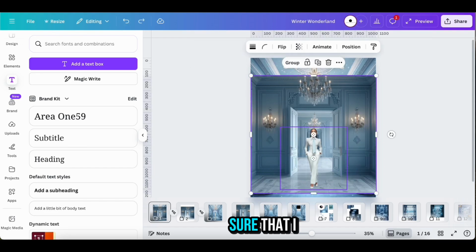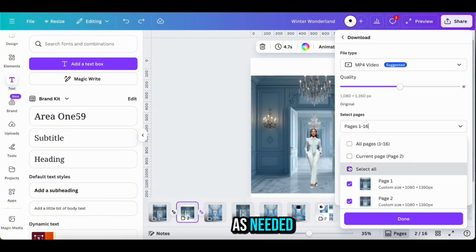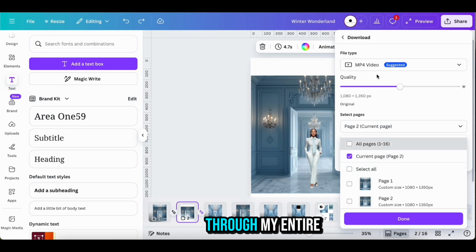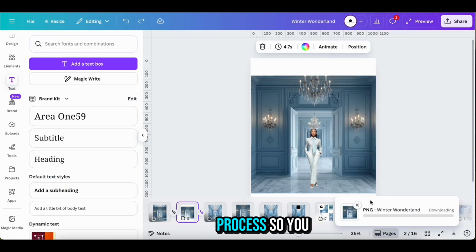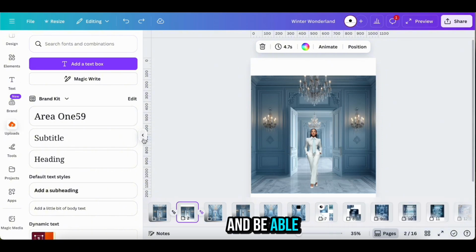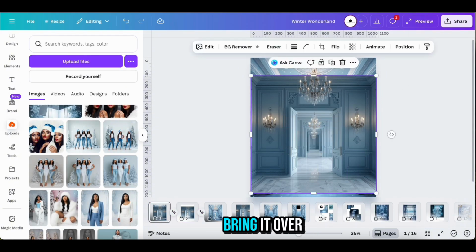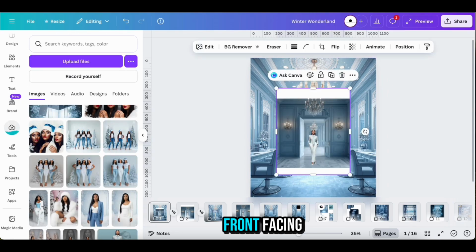Let me make sure that I save this first so that I can edit it as needed. So go ahead and download that as a PNG, bring that back into it. And this is actually taking you through my entire process so you can see it. And this is just so that I can have it saved and be able to manipulate the image how I want to when I actually bring it over here back into our front facing